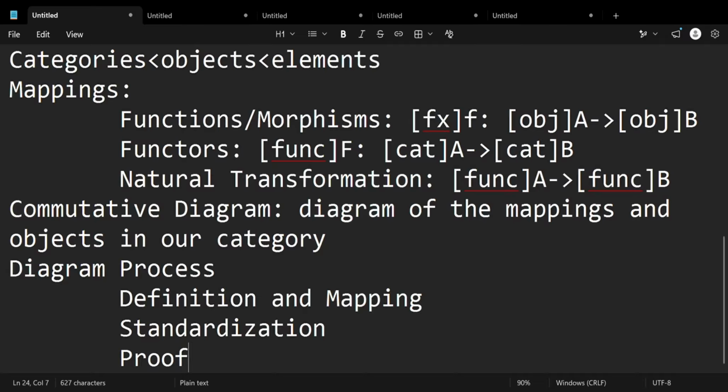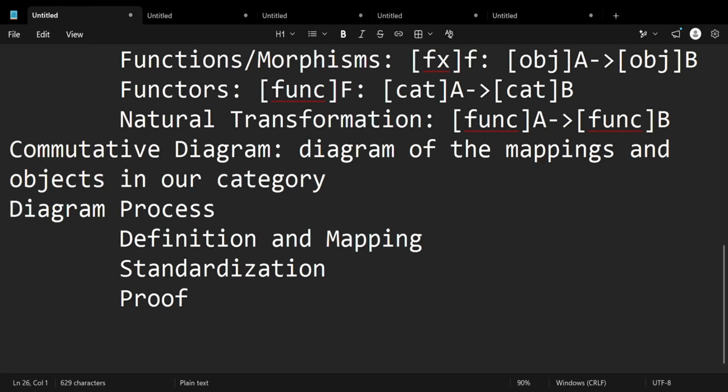And again, definition and mapping, you're just making your definitions and you're making your mappings. Standardization is where you actually give the specific name of the thing that you just did, which we're going to talk about really soon. But before we do that, let's get on with today's lesson,